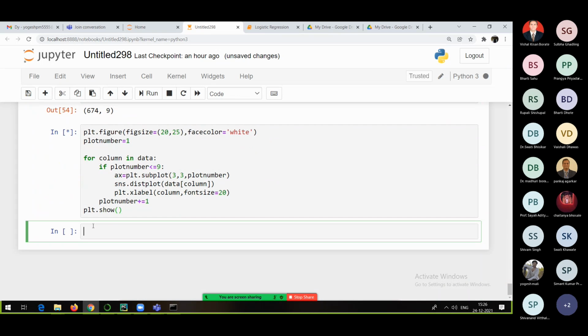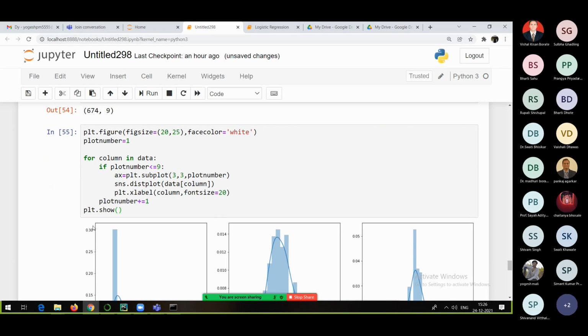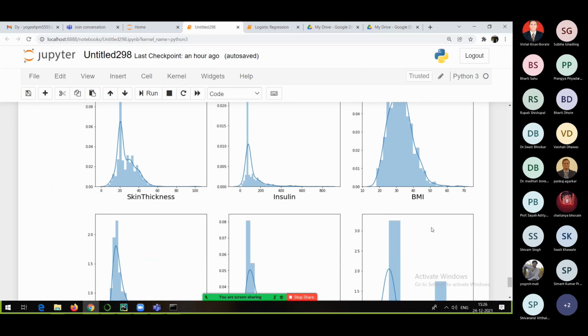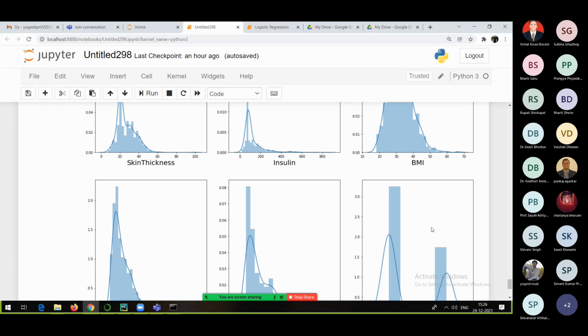Now you run it, and then again you will be able to see the distribution plot. Obviously that will look somewhat better as compared to the earlier one. Not exactly 100% normalized, but somewhat better. So the data looks much better now than before, and we can actually start our analysis with this particular data, as we don't want to lose important information, right? If our model doesn't work with accuracy, we will come back and try to do more pre-processing.